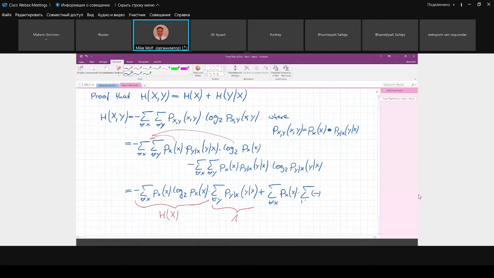And then I write here, I take a look at all y values, and then I have to insert the conditional probabilities. So px given y, y given x, times log 2 of,